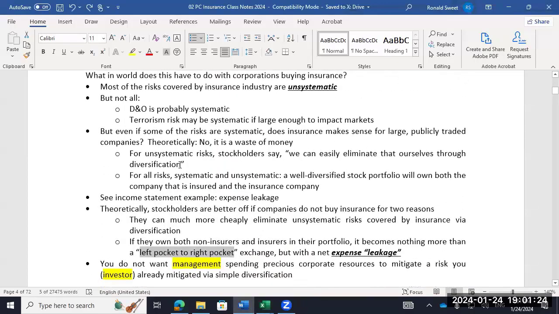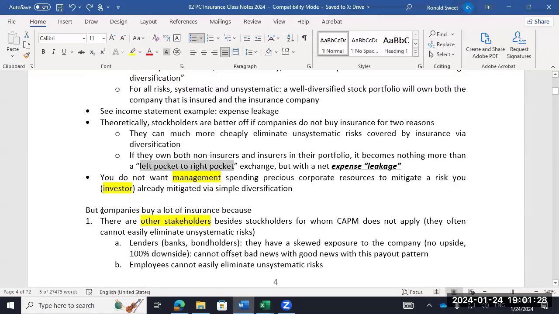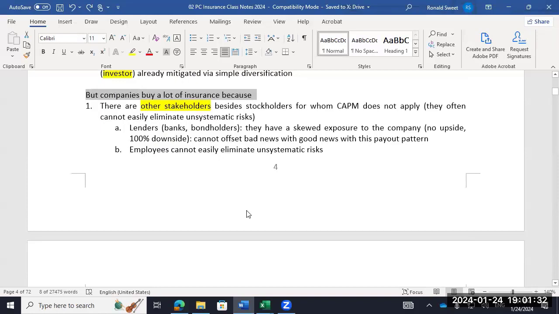The first time I read it, it said, yeah, so CAPM says companies shouldn't buy insurance, but they do buy insurance. So in the exam, I'm going to ask you to give a few examples, 2 or 3 examples. I can't remember what, but kind of to Alex's point, there are other stakeholders here besides just stockholders. And insurance is a powerful force that allows capitalism to work and work well. So now, maybe to your point, there is a definite indirect benefit to stockholders of insurance.